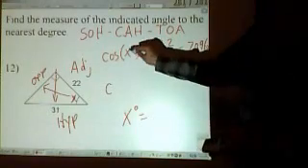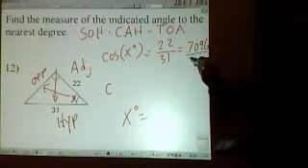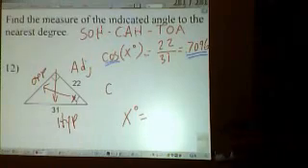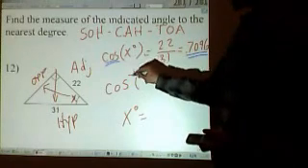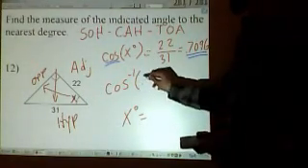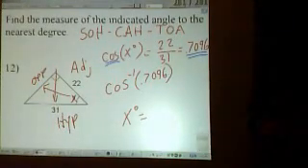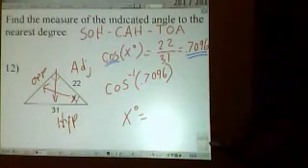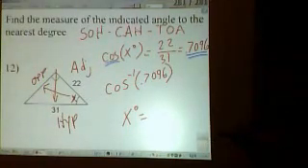So now to find x degrees, I want to find how many degrees I would put in the cosine that would give me this number over here. Either you can use the table how we practiced in class, and you look up this number in the cosine column if you're using your book. Some people don't have their book at home. So if you have your calculator instead, you have to know how to use the cosine inverse function, which is another button on your calculator. We're going to take the cosine inverse of 0.7096. I'm just going to hit the shift button on my calculator, and when I hit the cosine, it turns into the cosine inverse. Then I hit 0.7096, and I get enter. And I get